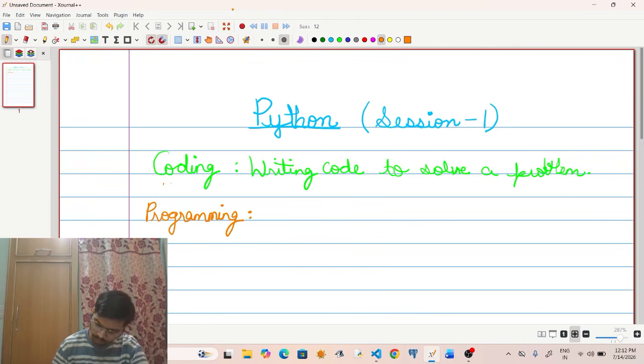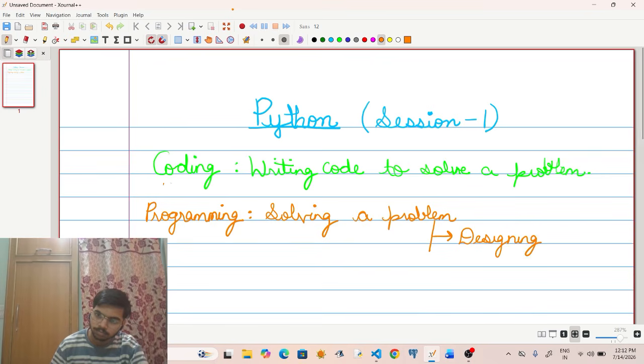Now there is another term which is known as programming. This is basically solving a problem by different steps. First is designing. Second step is coding.